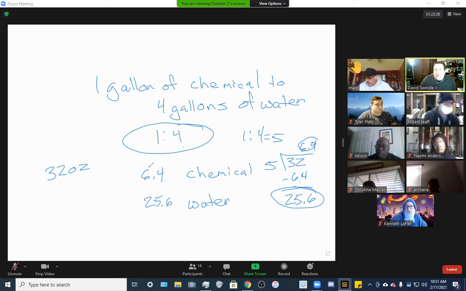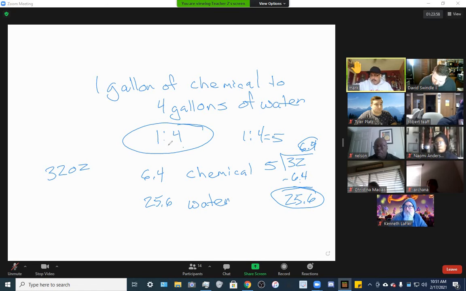These things are so important because when we're starting to work with cleaning chemicals, the manufacturers will tell you either how many ounces per gallon of water or how many parts, and use a ratio like this one that we have of 1 to 4. And you're going to find your coworkers do something interesting. And I'm going to stop sharing the screen for a minute because this is just kind of a fun little thing here.